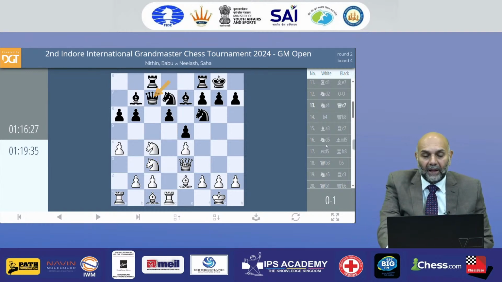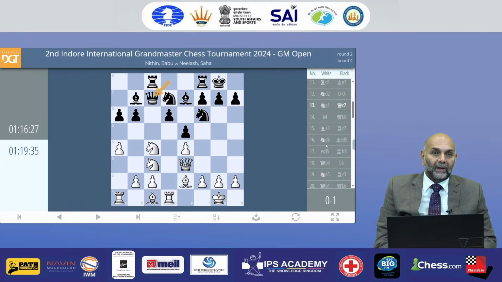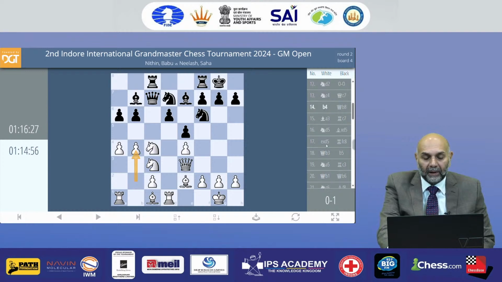I personally prefer black a bit. I don't like white's position, but if white could really get the knight on e3, then white would be in a strong position. The knight on e3 is fine, but if the knight has to go to f5, then it's not the best way of bringing it, because white would be wasting a couple of moves. If you really wanted to go to f5, the right course was knight h4 if it worked, and knight d2, knight c4, knight e3, and knight f5 could be two tempos down, but the knight on e3 could be effective, and as we'll see, white's plan becomes clear.